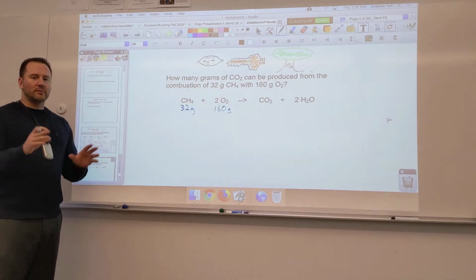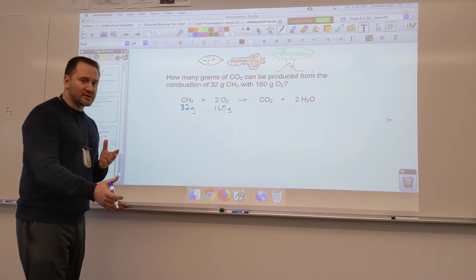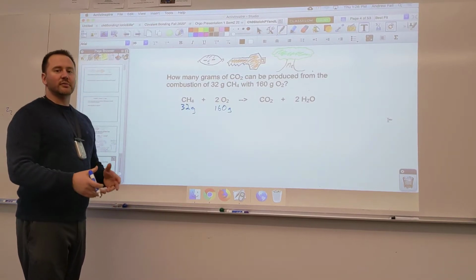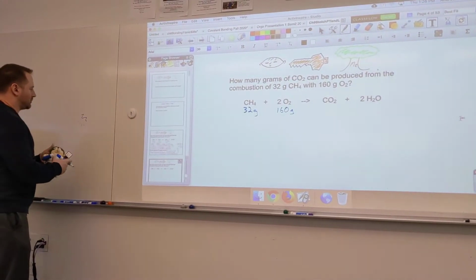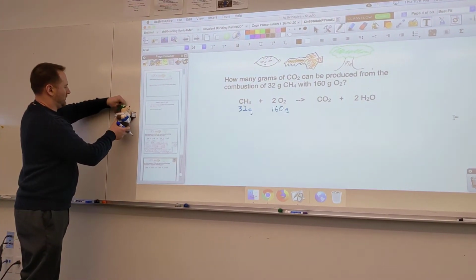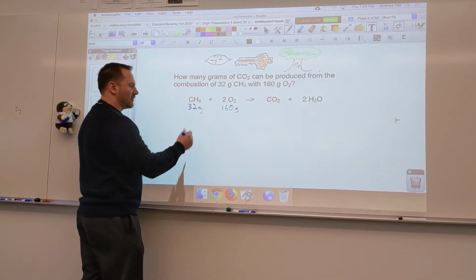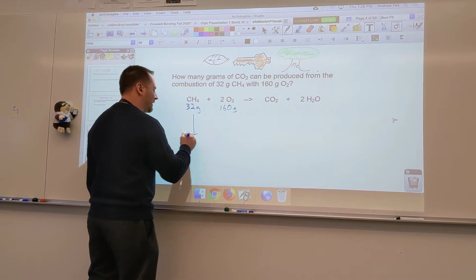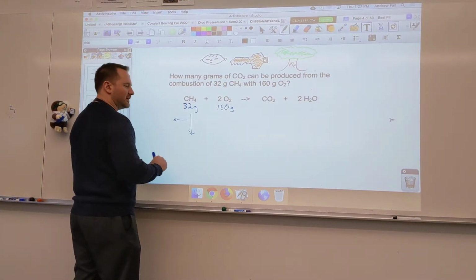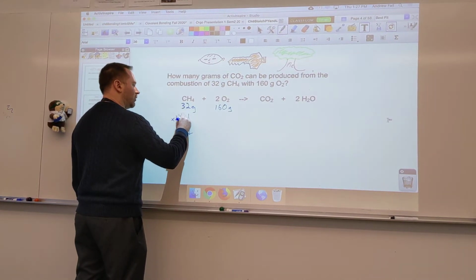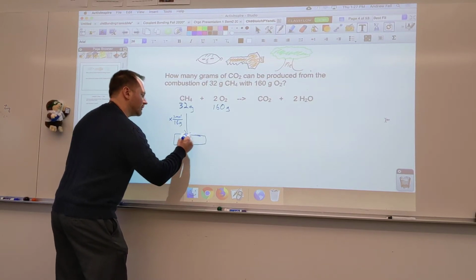All right, now whenever we're comparing different substances, we have to use moles. Moles allow us to relate the unimaginably small world of atoms to something we can actually measure, like grams. So we're going to go and take a trip to Mole Town. So if we have 32 grams of methane, in order to figure out how many moles that is, we have to divide by the molar mass. Since methane has a molar mass of 16, we multiply this by 1 mole per 16 grams, and that would mean we have 2 moles